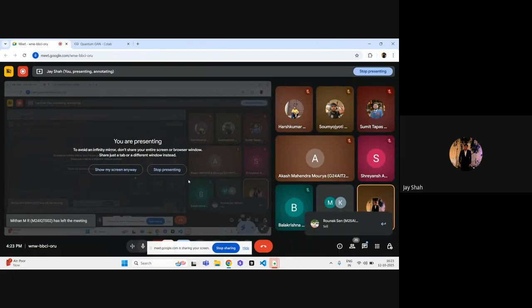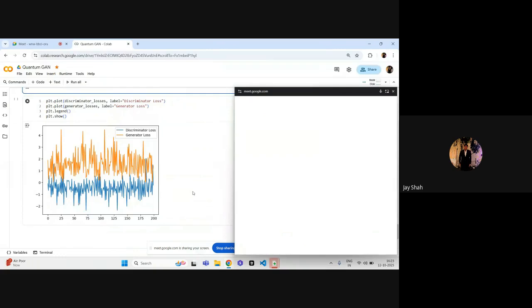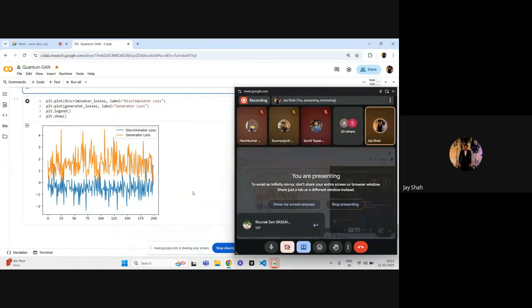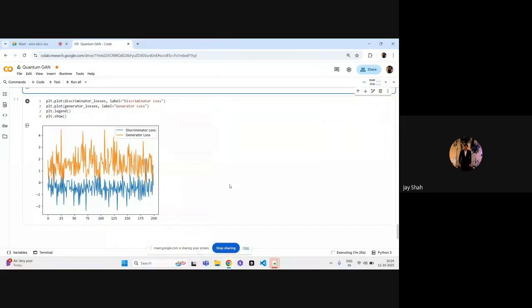Anyone tell? Okay, sure. So remember in the slide I told you that if the discriminator and the generator are not of equal power, not equally powerful, then there will be problems, right? If you see here, your generator is just a simple U3, right? And the discriminator, they've applied 3-layer RX and RY, actually 4 layers, and entanglement blocks, which is too heavy of a network, right? So what you can do is